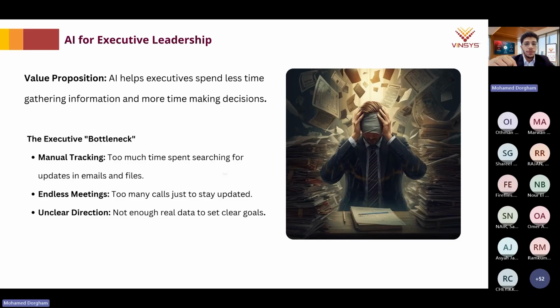One of the main challenges that you face as an executive assistant or as a director is manual tracking. Sometimes, let's say today, if you want to try to collect or track all the work that's been done for a specific project, let's say for the last 1 or 2 months, or maybe for the last 3 months, you're going to have to spend time doing it manually.